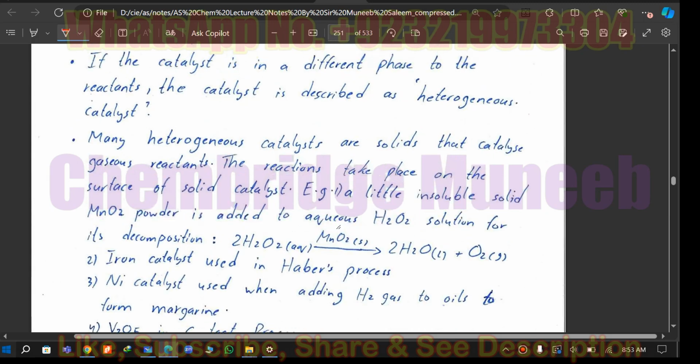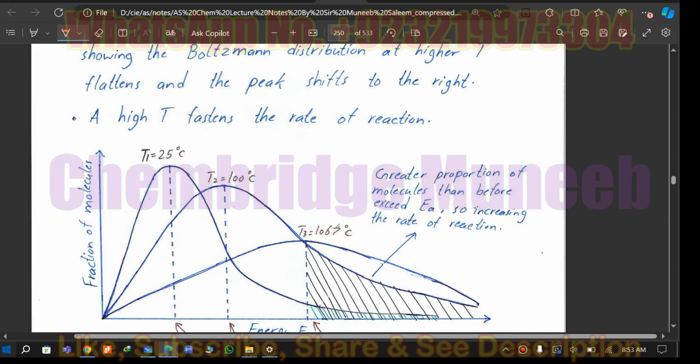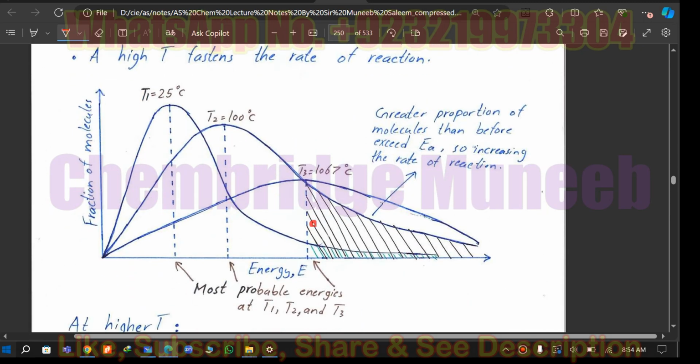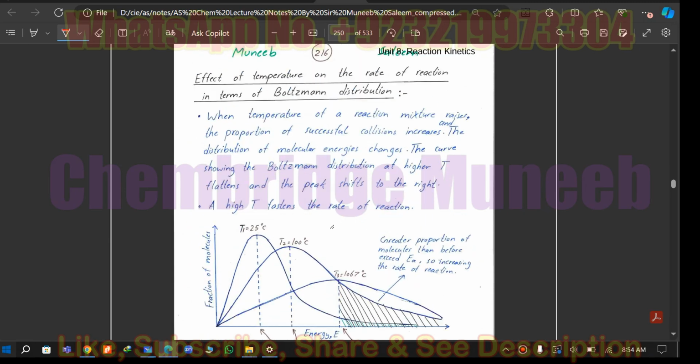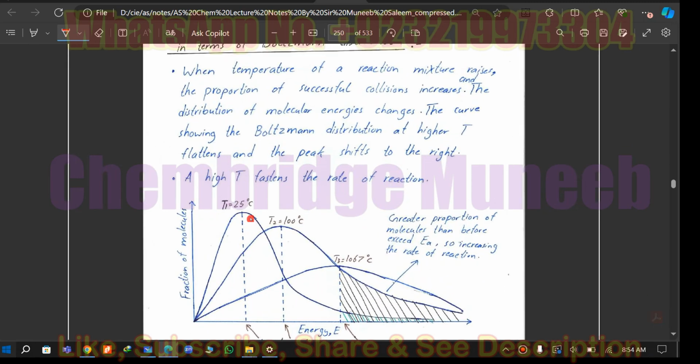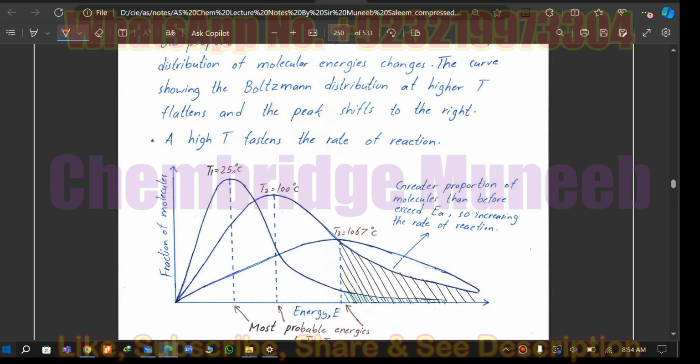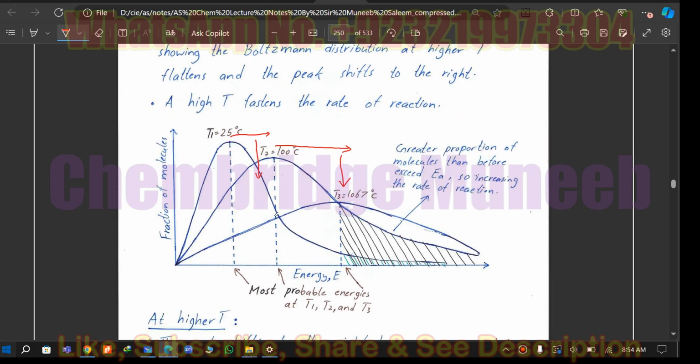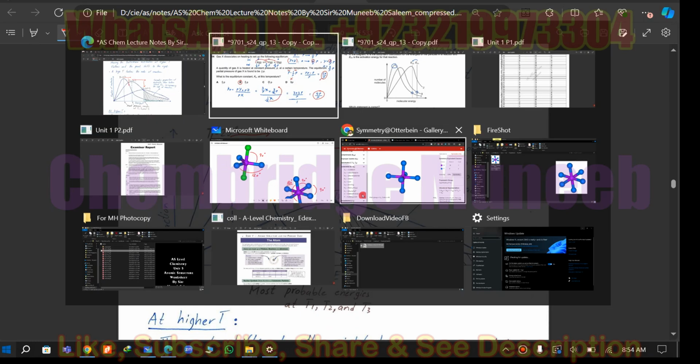Whereas the effect of the temperature is shown in this graph, where you can see that when the temperature is increased on the Boltzmann curve, the curve shifts to the right and to the downward side. So it is shifting from left to right and also from up to down. So putting these two concepts together, we can see that